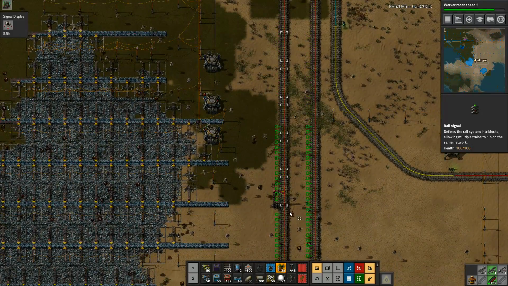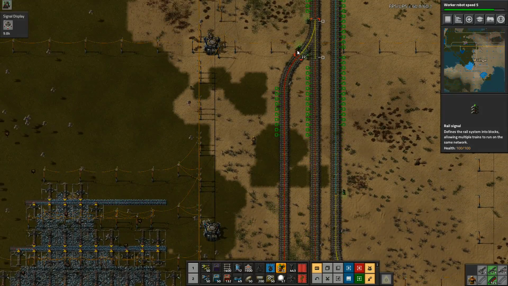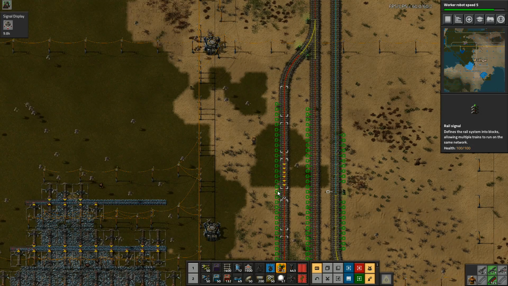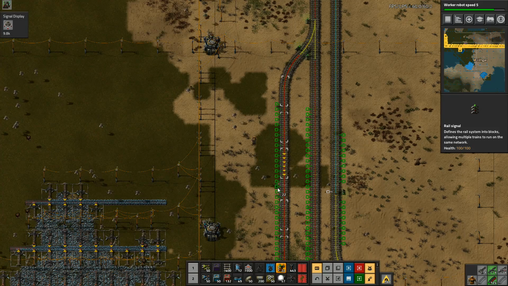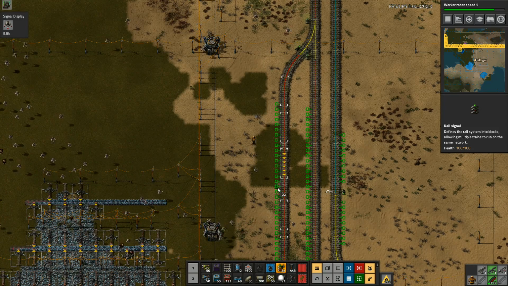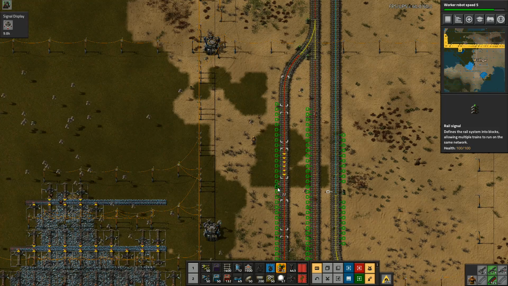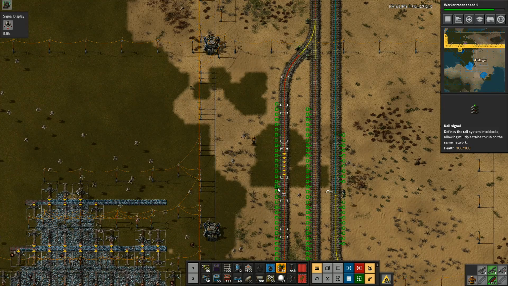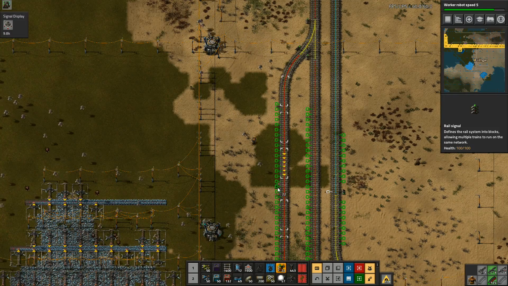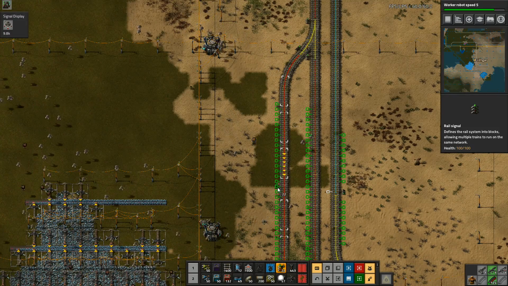Alright, I got that train station. It will stop there. And then that one will come up. So I don't have enough room for 2 trains to wait here. And that's something that I do actually normally want, is enough room for 2 trains to wait at the station. Because otherwise it can block the other parts of the track, and that causes me some issues. So